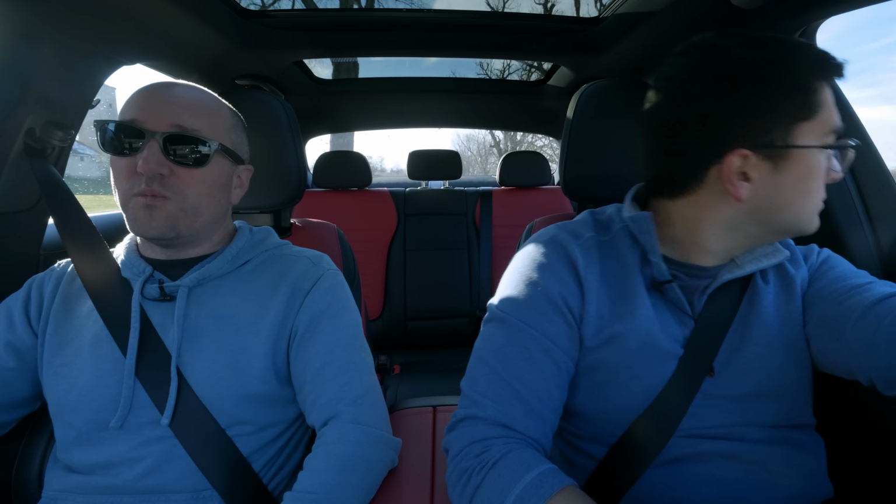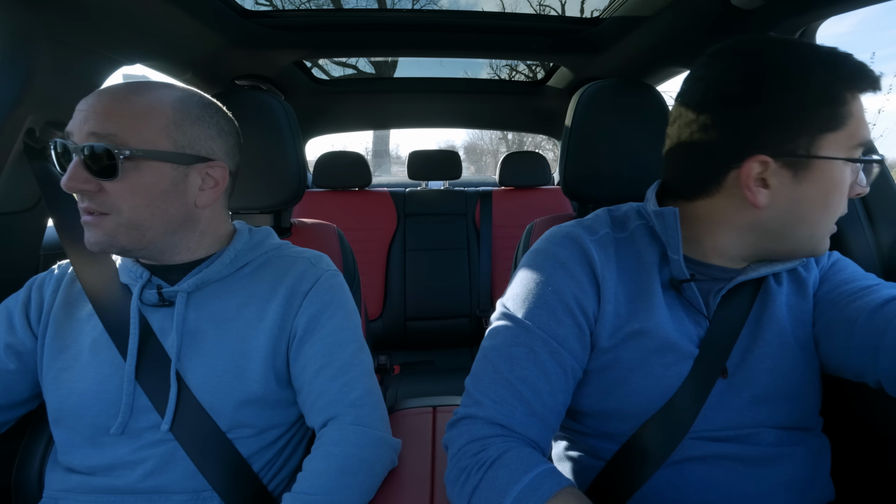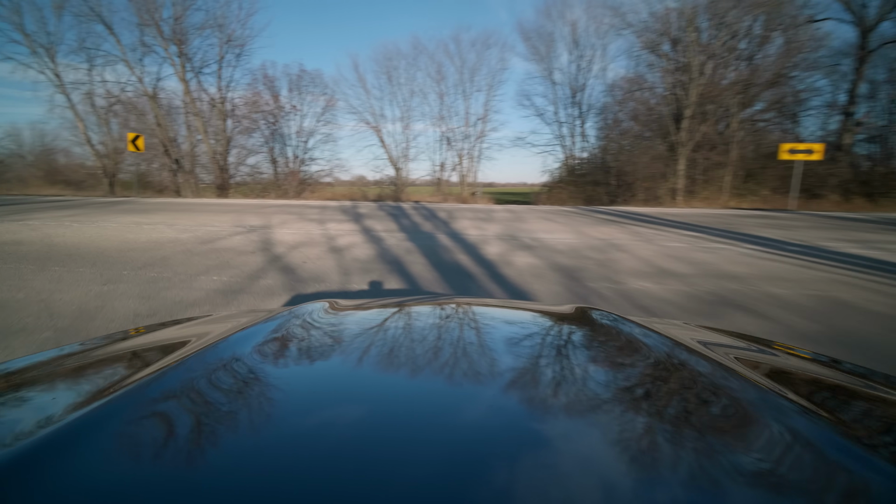If you want dynamics, you're going to BMW, and I hate to say this, the G70 is actually really good for what it is because it's a rear-wheel drive architecture. And then this is somewhere in between. Yeah, the 4-cylinder is sort of the controversial part because, as we talked about off-camera, 10